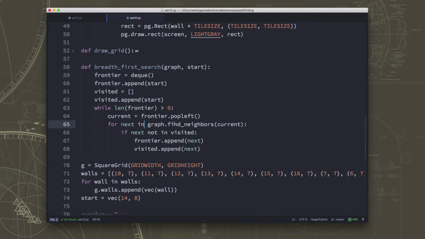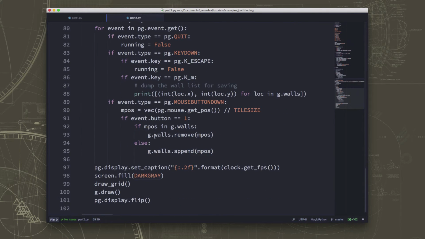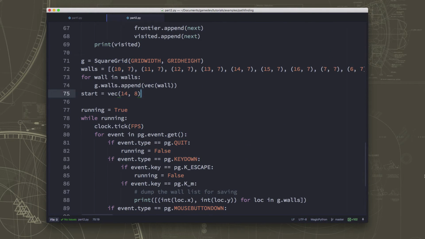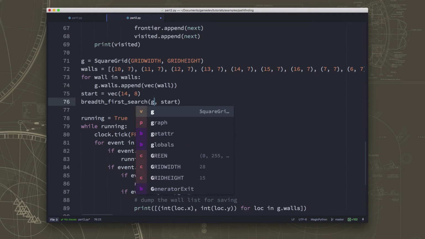But how will we know? Well, I'm not going to write the code here to animate exploring because, obviously, you don't want to do that when you're doing pathfinding in your game. So all we want to do is have it walk through and visit all the tiles. And so let's just, when we're at the end, print out the visited list and see if we've visited all of them, just to test. Okay? So we run this by executing that. So here's our start. So if we just say BreadthFirst Search with our graph and start,